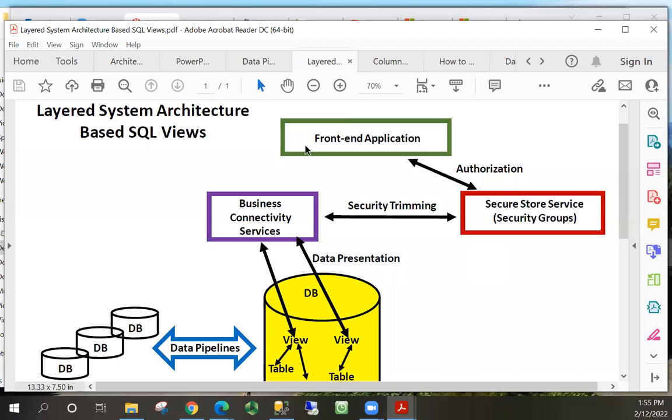So we have front end web-based applications, and then we use a tool, a secure store service, and this tool facilitates security permission management. And then we have another tool, another layer, a middle layer, so to speak, for business connectivity. So users will start a front-end program,